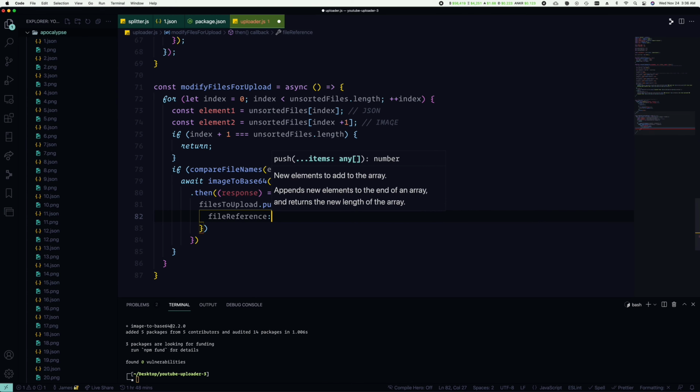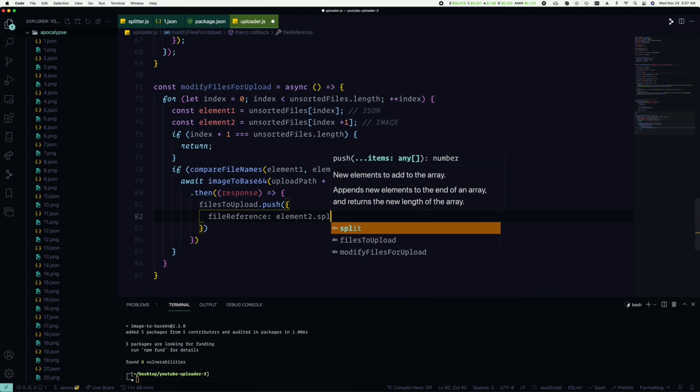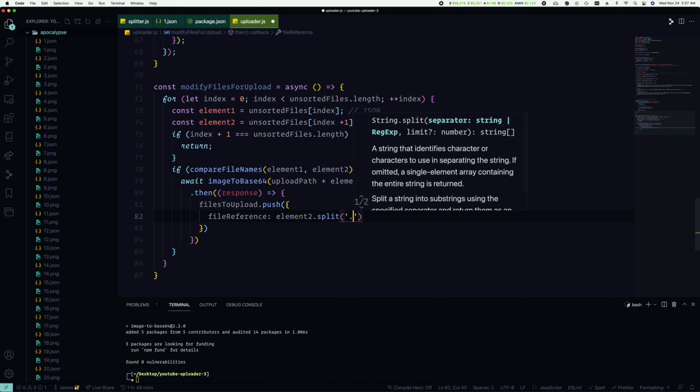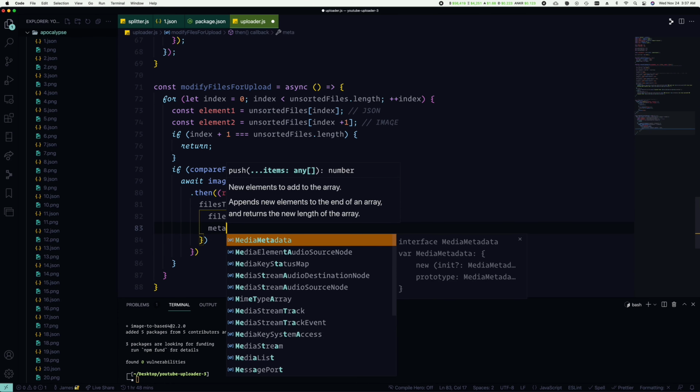Create this. I'm just creating a this actually might not even be necessary. I'm just creating a property of an object here. So we're going to say element 2 dot split. We're going to split it on the file name, and then we're going to create another property,